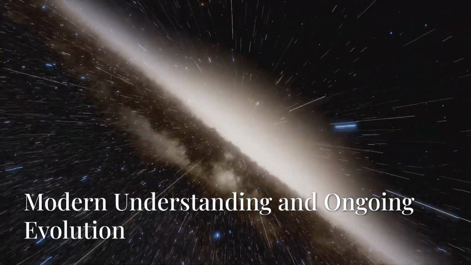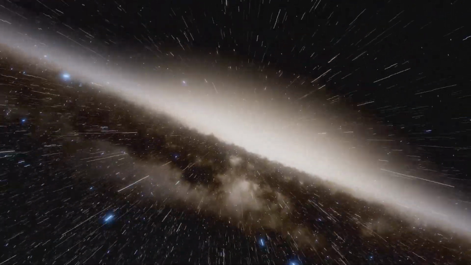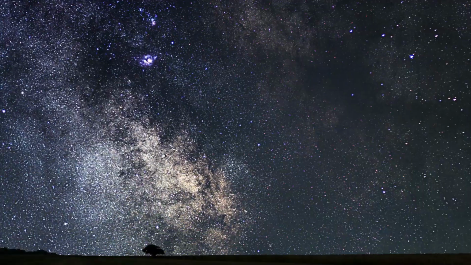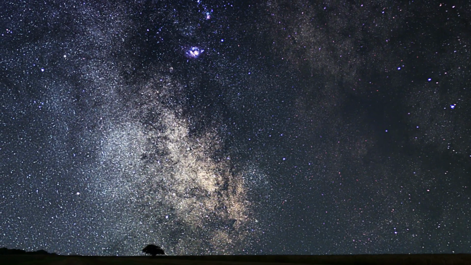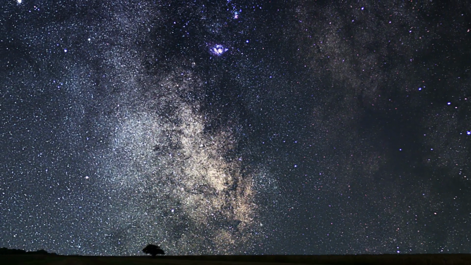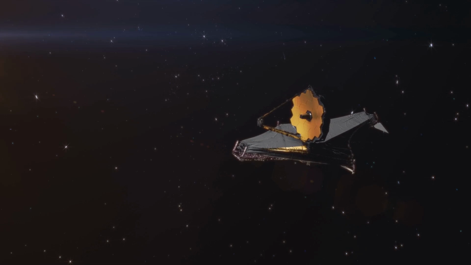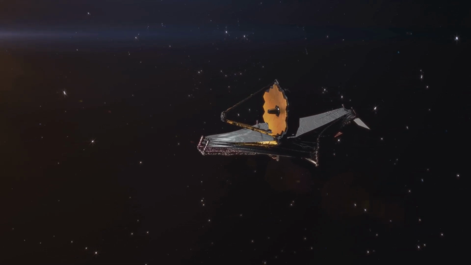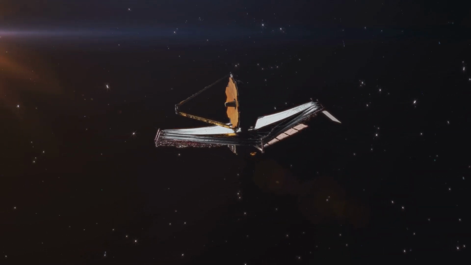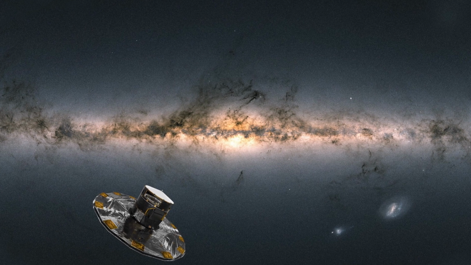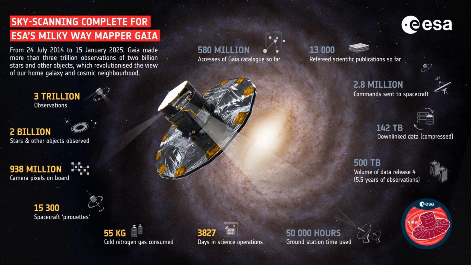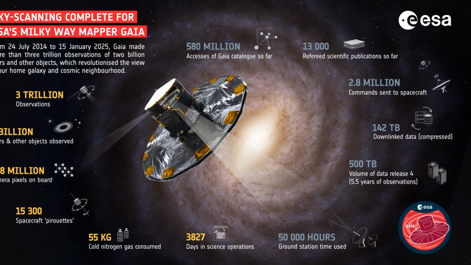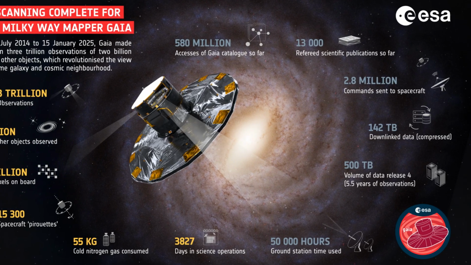Although the Milky Way has existed for over 13 billion years, its story is far from over. Our understanding of the galaxy continues to evolve as new discoveries shed light on its complex nature and ongoing transformation. Thanks to advanced telescopes and space observatories, astronomers are piecing together a more detailed picture of our galaxy. One of the most groundbreaking projects is the Gaia mission, launched by the European Space Agency. Gaia is mapping the positions and motions of over 2 billion stars, giving us an unprecedented 3D view of the